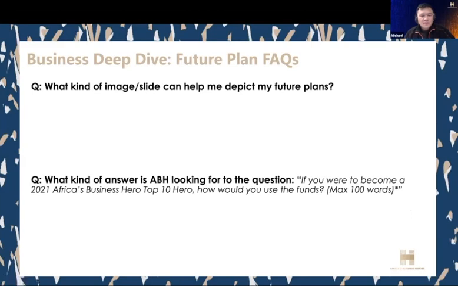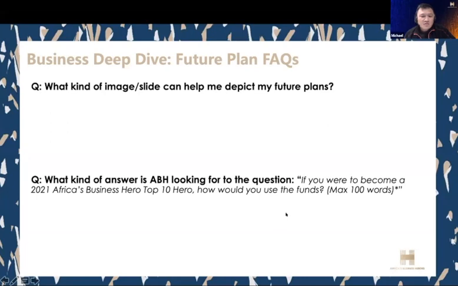I would say there are two key things. One is be truthful. Very importantly, you are not making this up, because you must think about how to use the fund before you apply. Secondly, be relevant. You're not using the fund to buy a house, a yacht, or a car.